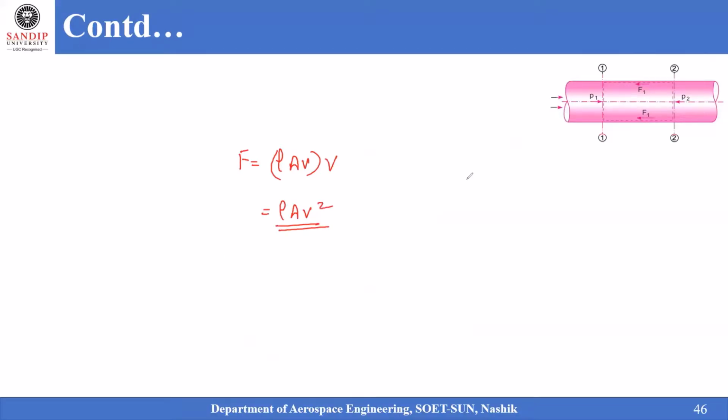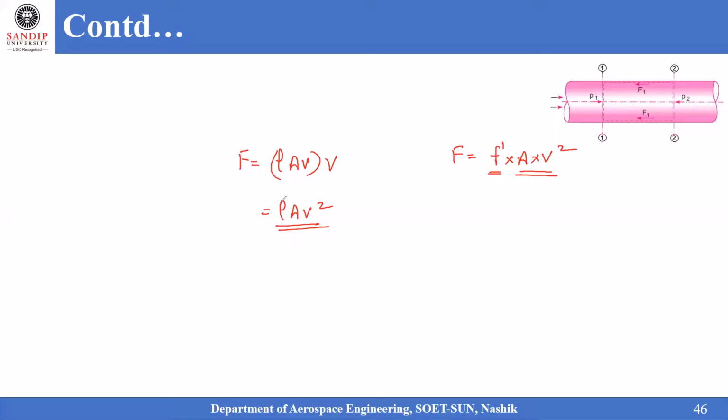Now you may say, sir, but actually the frictional force you have written as F dash into area into V square. Now how can you say that this is actually the momentum equation acting in that particular fluid flow? So here if you see, on comparing these two equations, we have A into V square, so that is momentum inside the fluid flow, which is the same. Only F dash is representing that frictional force here.